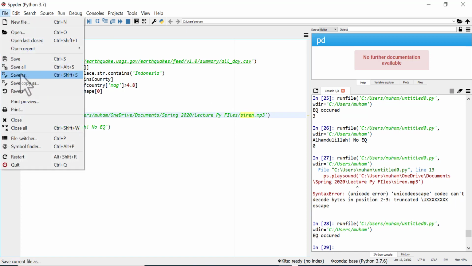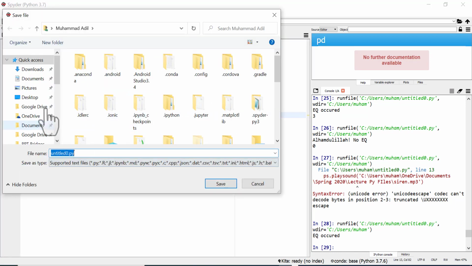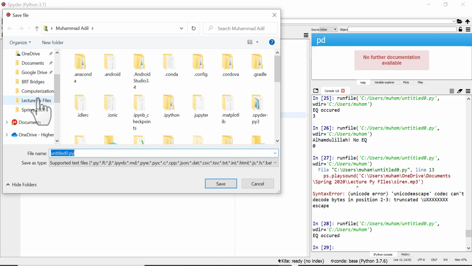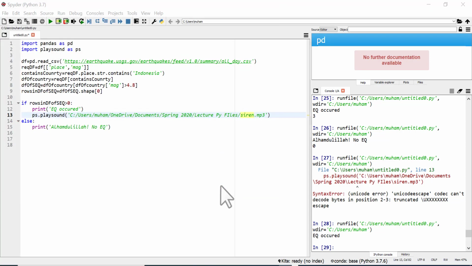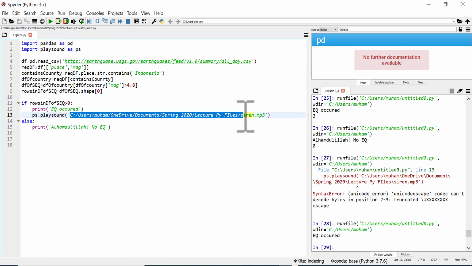File, save as, and I save it in a folder where I can access this siren file directly. I name this code earthquake siren.py, and I save it. Now, because in the same folder I have already saved this siren mp3 file, I don't need to give this whole path. So let me delete this now,